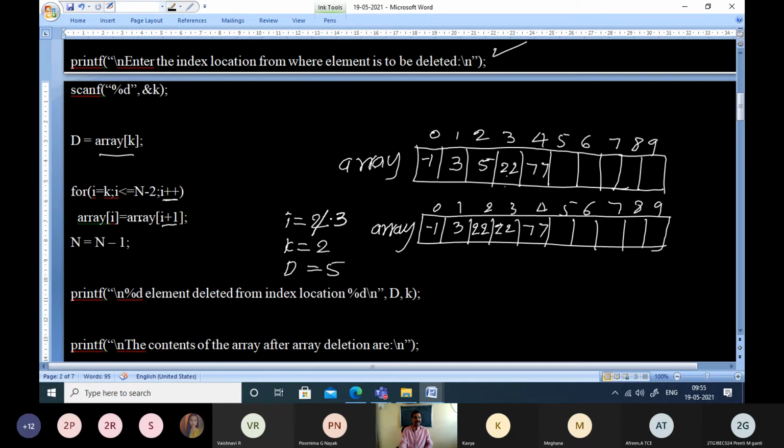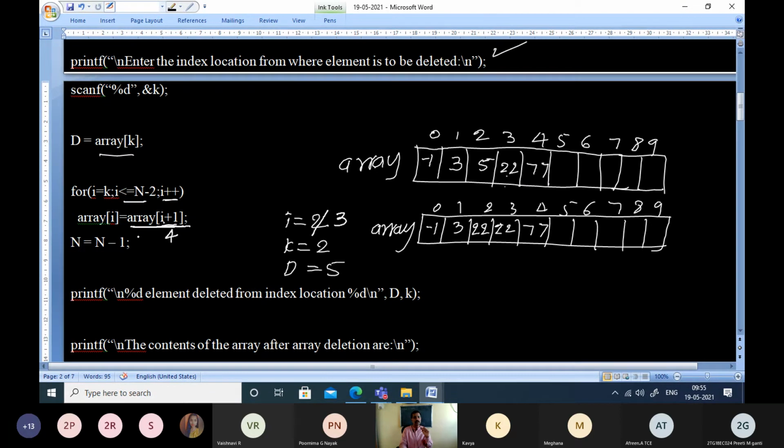Now when the value of I is 3, check the condition whether I is less than or equal to n minus 2. What is n minus 2? N minus 2 is 3, because n is 5, 5 minus 2 is 3. So 3 is less than or equal to 3. The condition is true. So enter into the for loop. Take this element. What does this give us? I is 3. 3 plus 1 is what? 4.